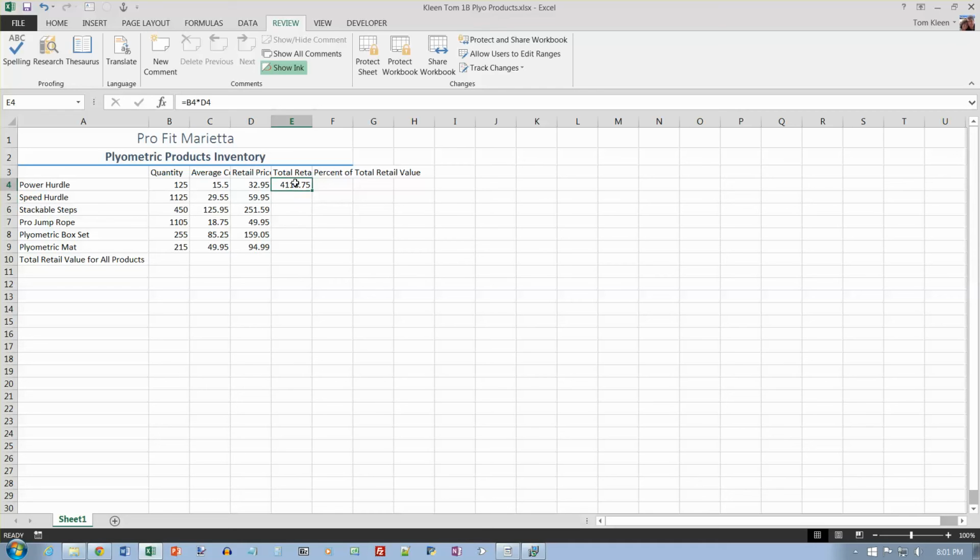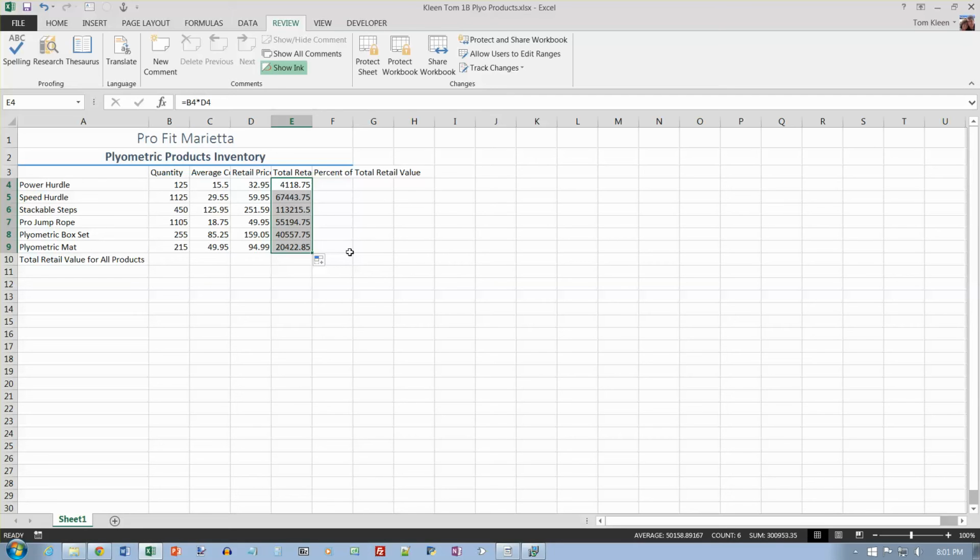Now I want to go to E4, and I want to copy that formula all the way down. Remember, if I double click on it, this formula says take the number in the blue box, which is 3 over, times the number in the red box, which is 2 over. So it's not really B4 times D4, it's 2 over plus, 1, 2, 3 over plus the number 1, or times the number 1 over. And if I copy that down the page now,